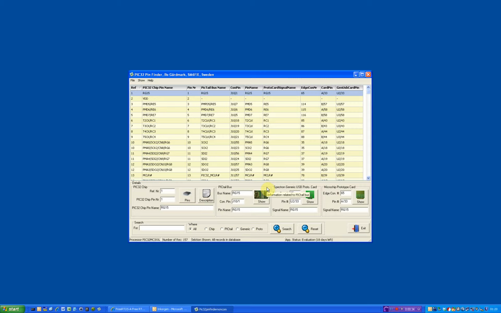Okay, the PIC32 pin finder application is a utility that helps the developer to fast and accurately find the different pin connection points and names in the PIC32 development environment. This includes the PIC32 chip itself, the pigtail bus, the generic USB prototype card, and the Microchip prototype card as well. When you open the application, you have this main form, and here you have a grid with the different